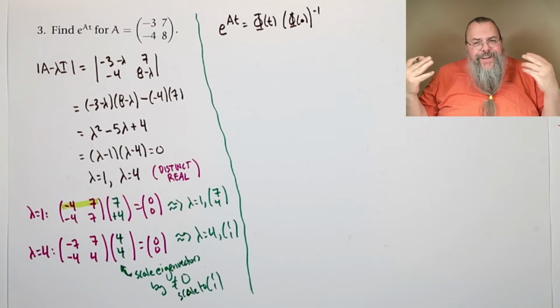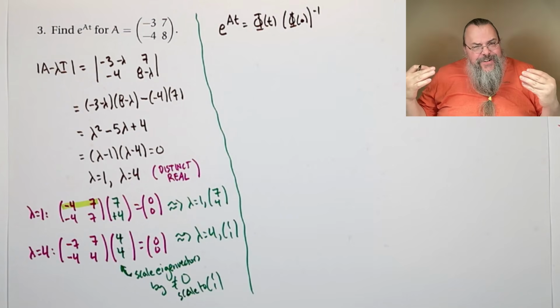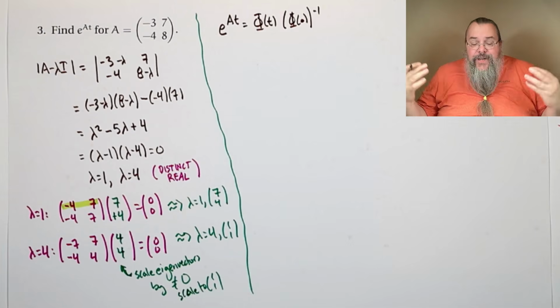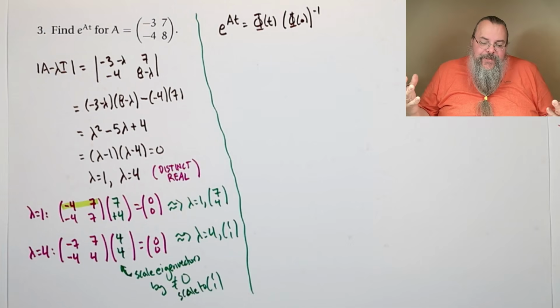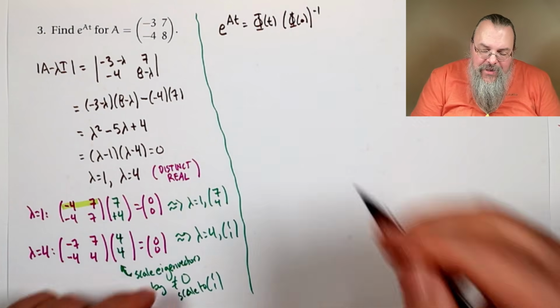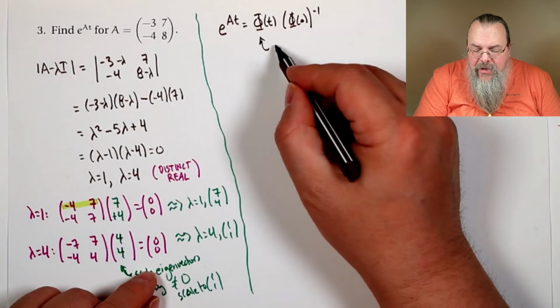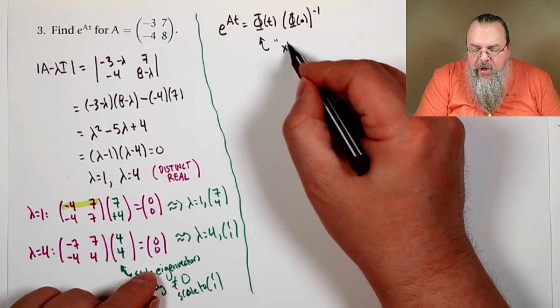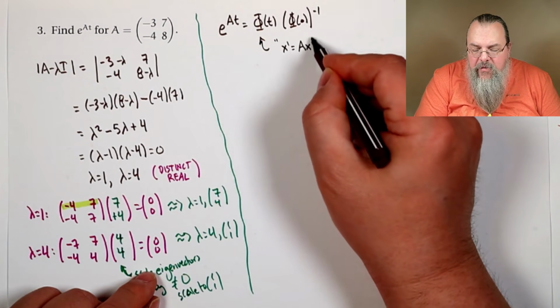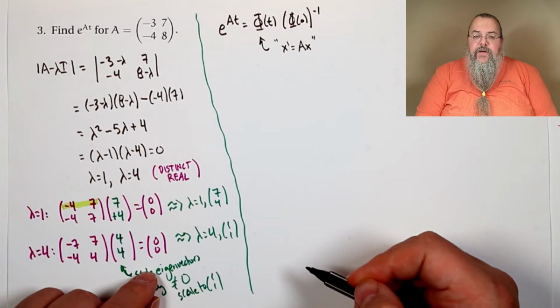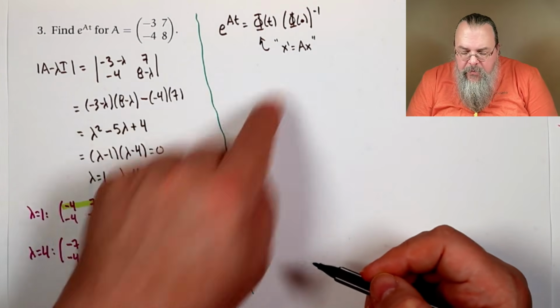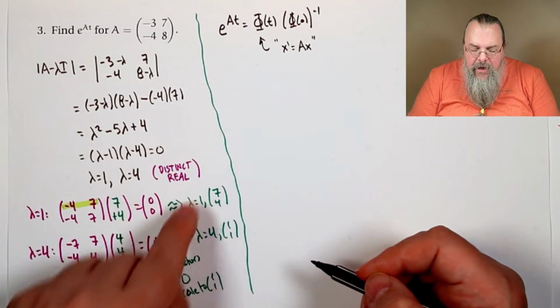Now you might say, well, wait, there's no differential equation here. How do you find it? Well, the answer is you pretend like there's a differential equation. You say, oh, this phi of t, you think of it as this comes from x prime equals Ax, right? That differential equation. And they say, oh, well, if that's where it's coming from, I know how to turn these